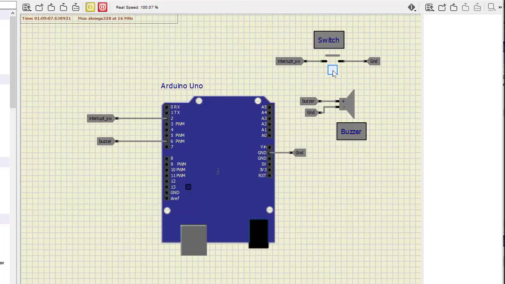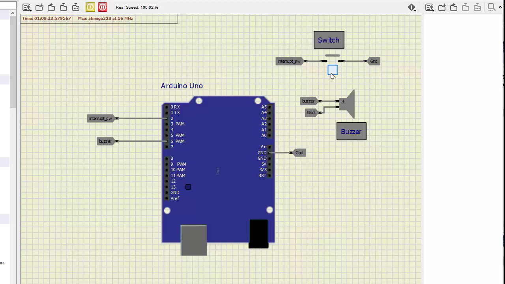I am pressing this switch. When I press this switch, the buzzer should make sound. See? As long as the switch is pressed, the signal is low. How is the low signal coming? See, the other terminal of the switch is connected with ground.